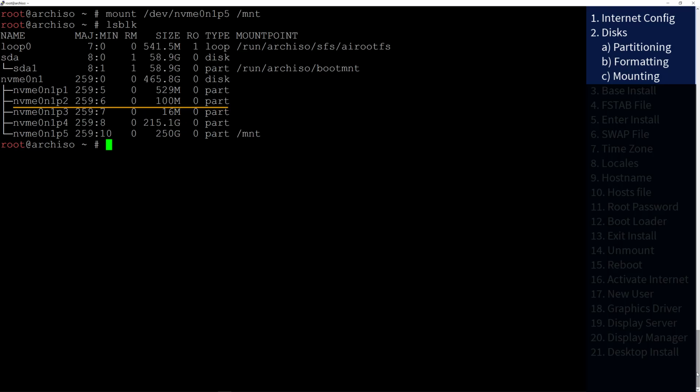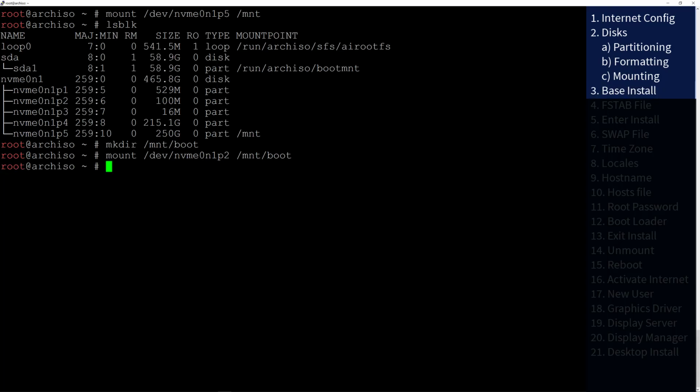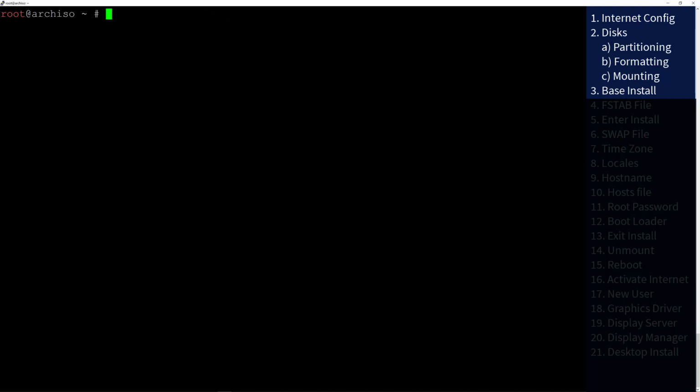So first let's create the boot directory by typing in mkdir /mnt/boot and hit enter. And now let's mount the p2 partition on the boot directory. So let's type in mount /dev/nvme0n1p2 /mnt/boot and hit enter. So we mounted the disk. Now we can install the base system. So I'll clean up the terminal and I'll type in pacstrap